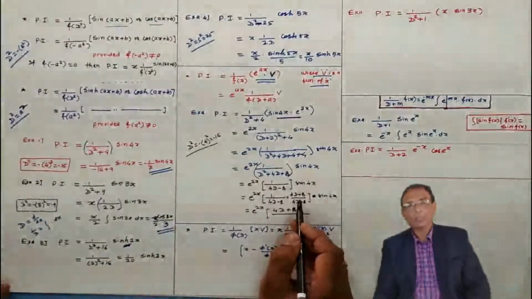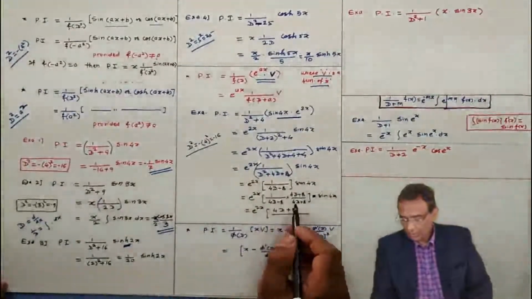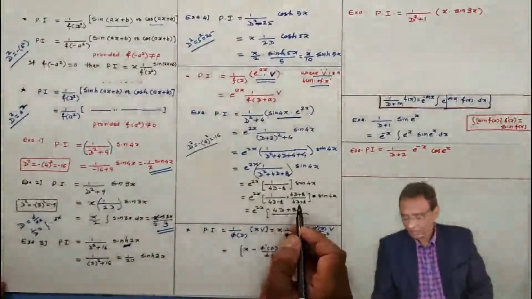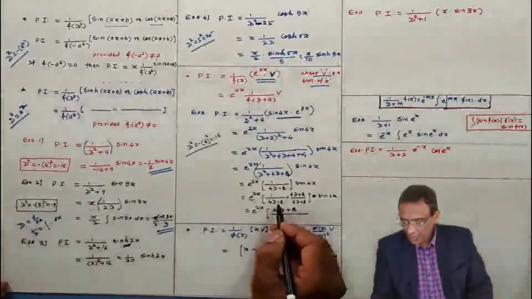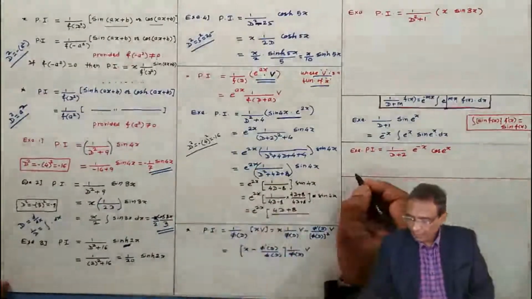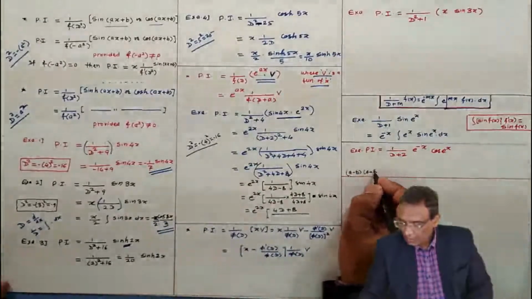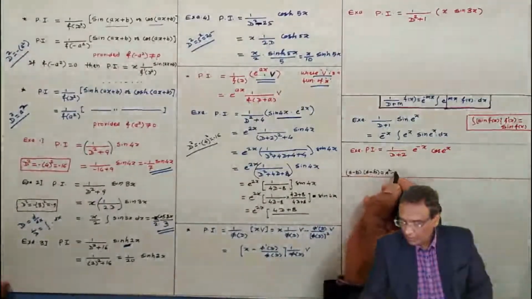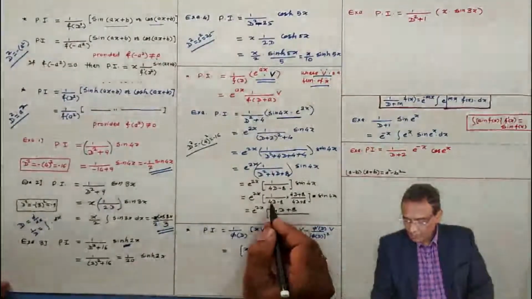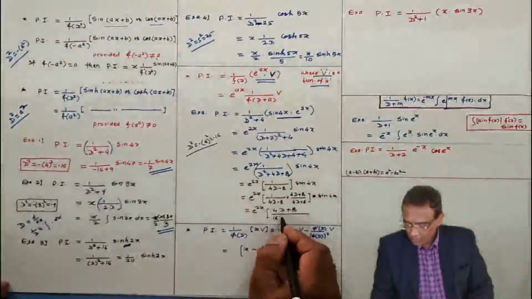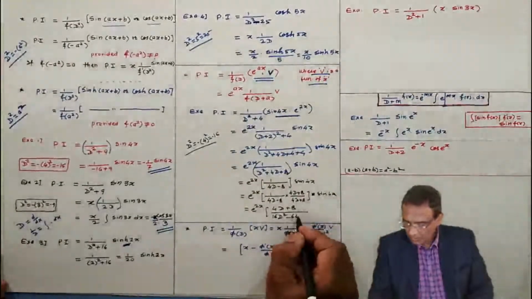The numerator's operator is not troublesome, you know. Only the denominator operator gives us a little bit of trouble. A minus b into a plus b is what? A square minus b square. So a square minus b square is 4d whole square, which means 16d square, minus b square, which means 64, 8 square.